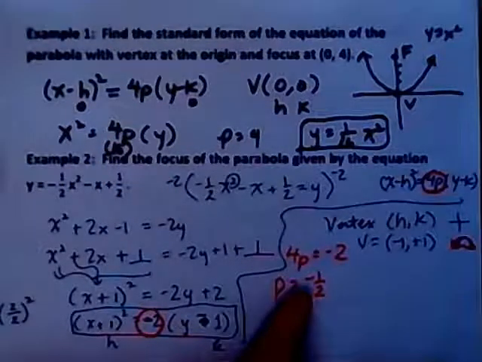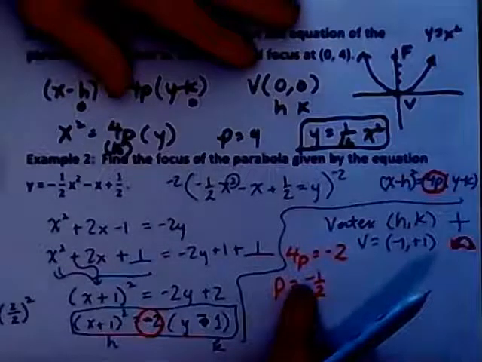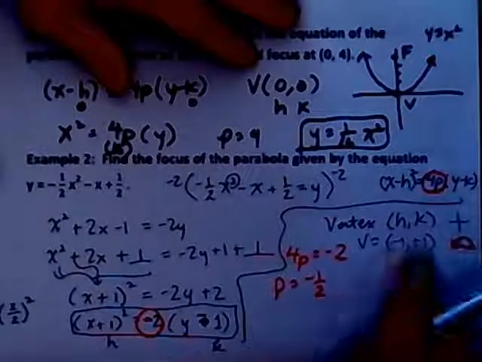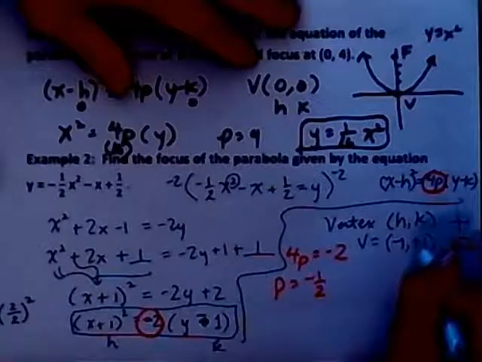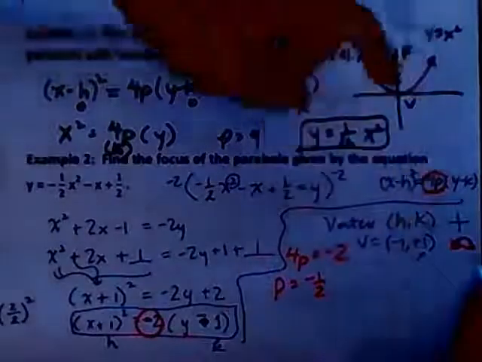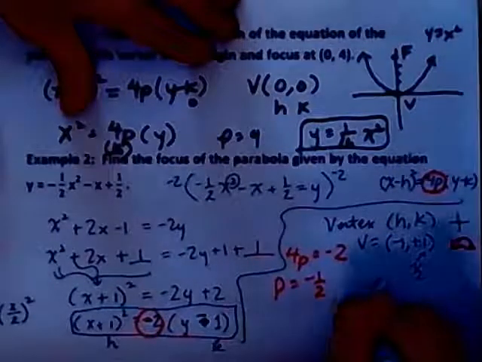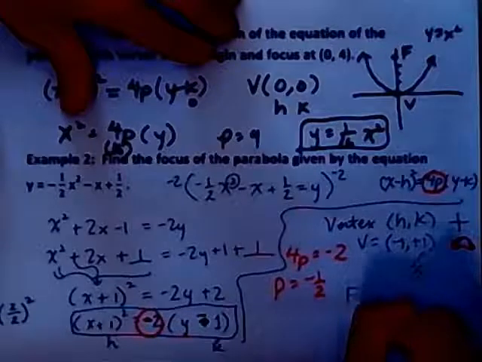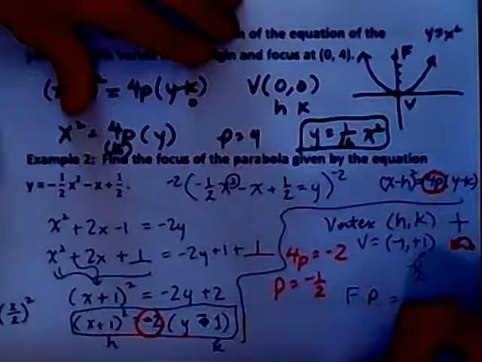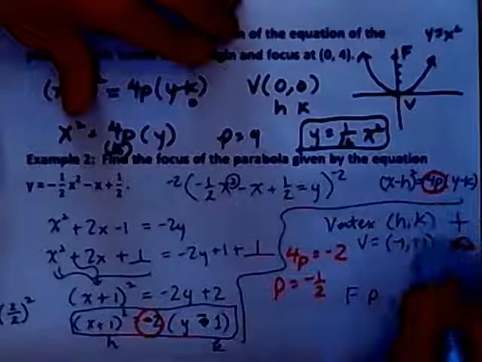It's the distance from the vertex to the focal point. So since it's negative, we know it's going to go down. We start at the vertex. We're going to drop in the y direction because it's going down in the y direction, minus 1/2. So your focal point is going to be negative 1, and then minus 1/2 is going to